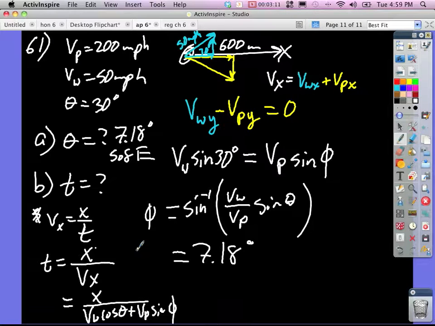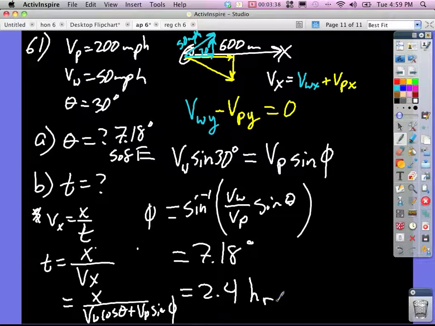And that's 600 divided by 50 cosine 30 plus 200 cosine 7.18. And I get 2.4